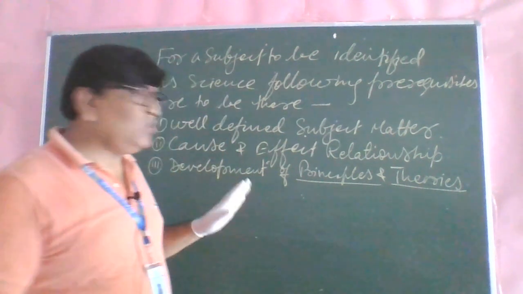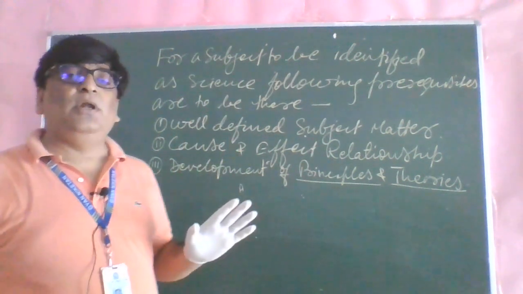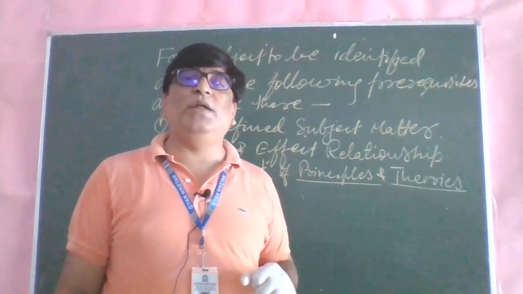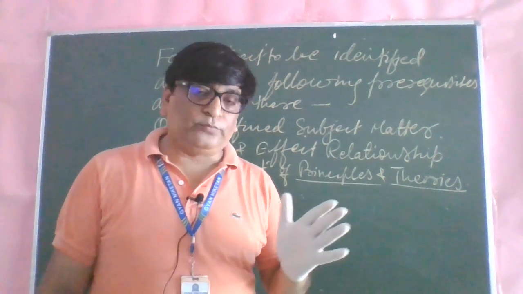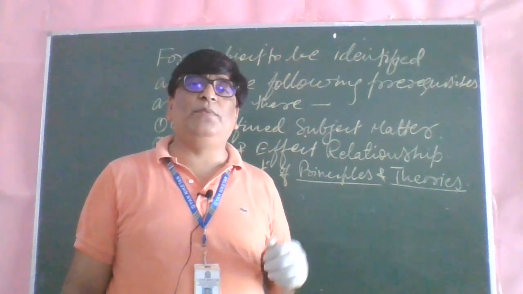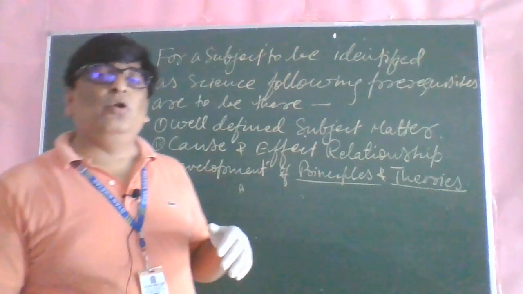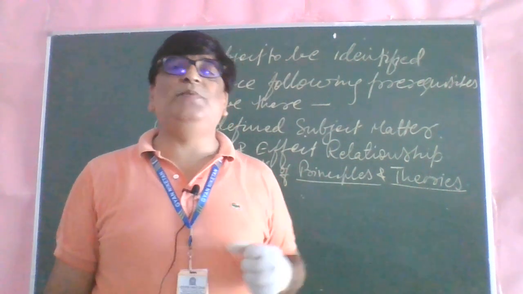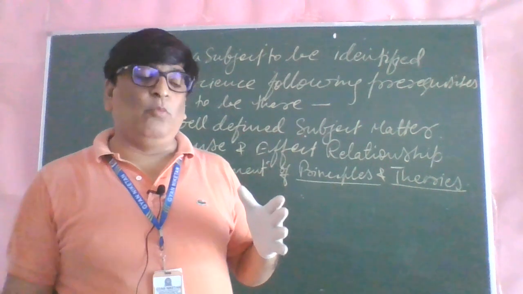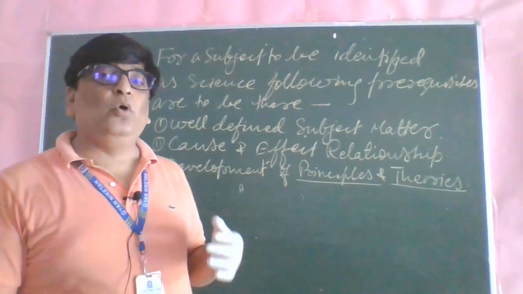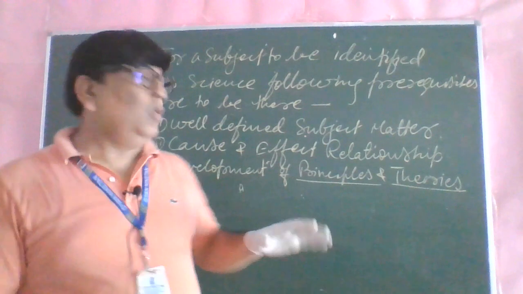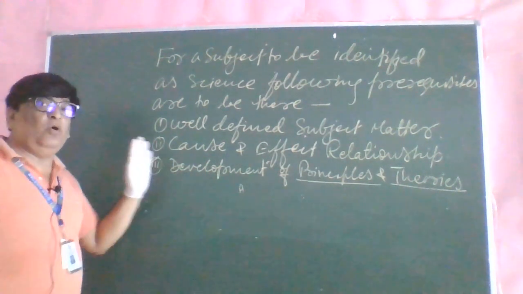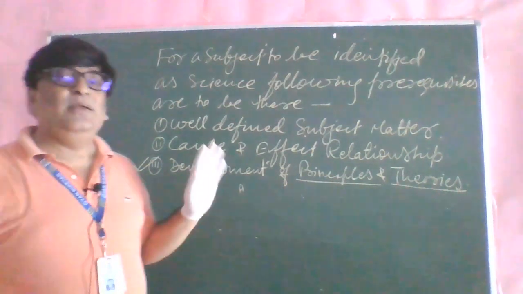So in economics also we develop theories and principles: the law of demand is developed, elasticity of demand is developed, the theory of cost, the theory of production, the theory of international trade, and the theory of balance of payments have been developed. Monetary theory, and growth and development theories have also been developed. So from this point of view, if economics is judged on this parameter only, then it is science.